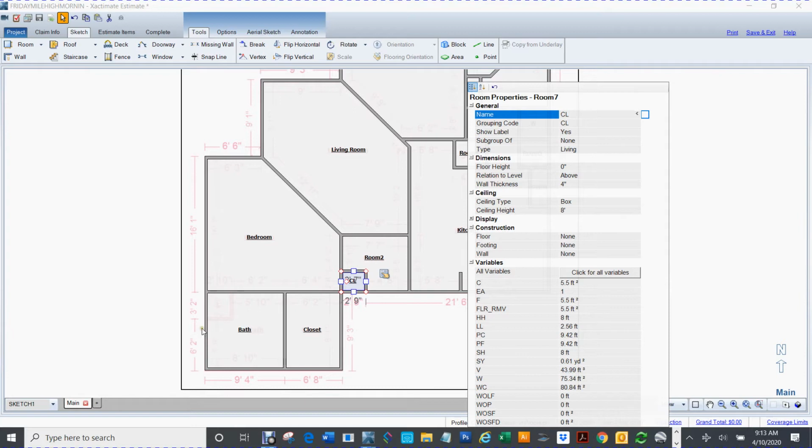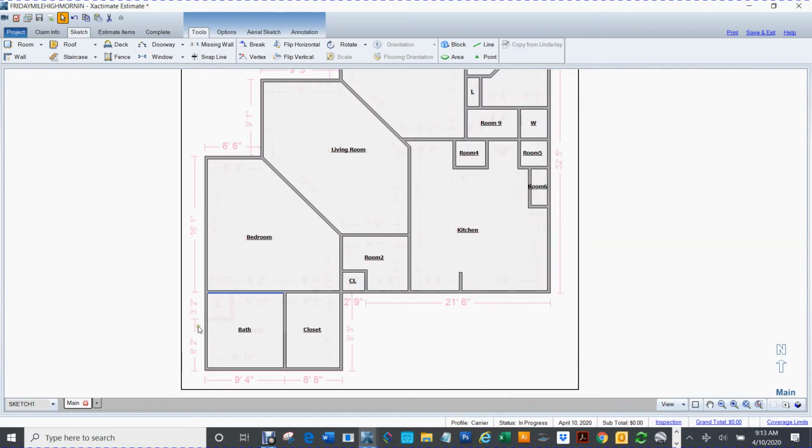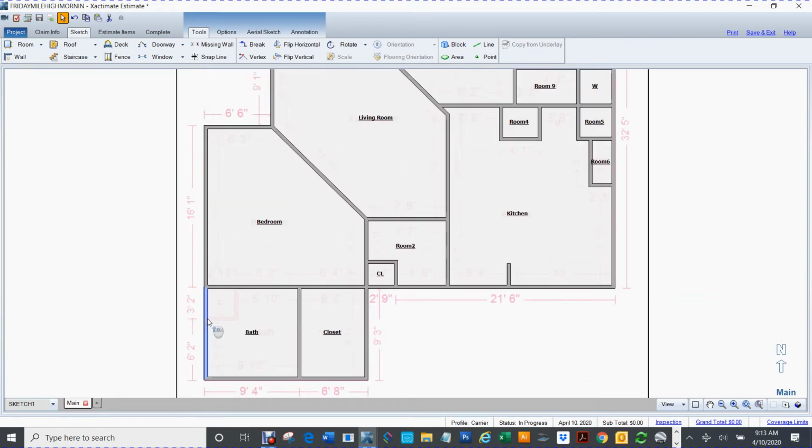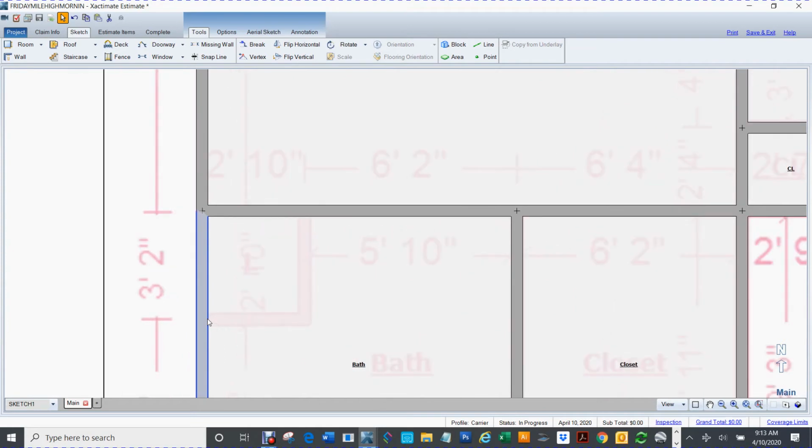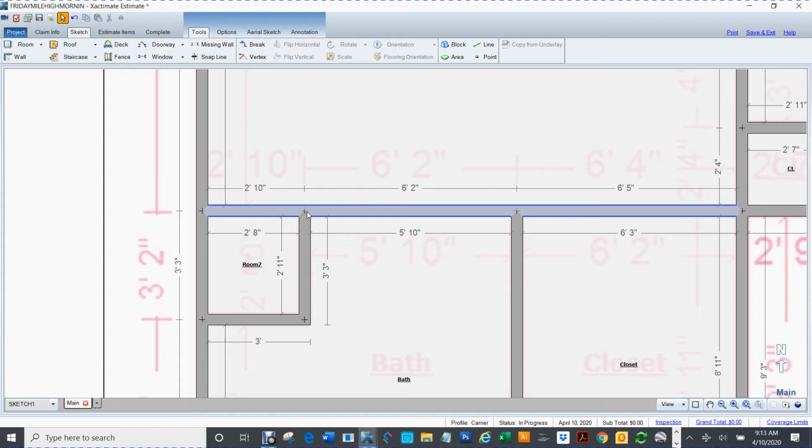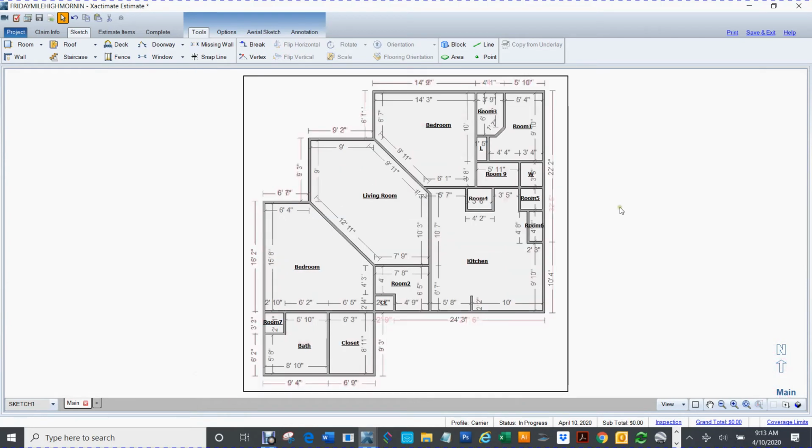Now, all we got is this room here. So if I hover around here with my mouse and I use my wheel, I can enlarge it. I can hit my Shift W. I'm going to click here, and click here. I'm going to hit Shift minus. That's all your rooms. Now, to make sure that you drew all your rooms, you can hit Shift O, and